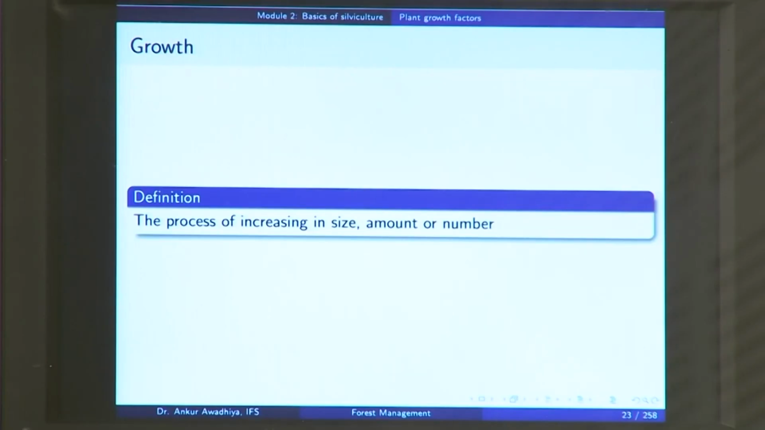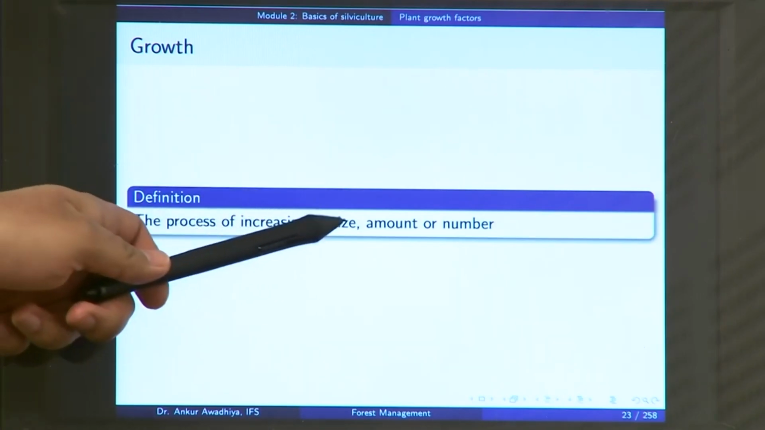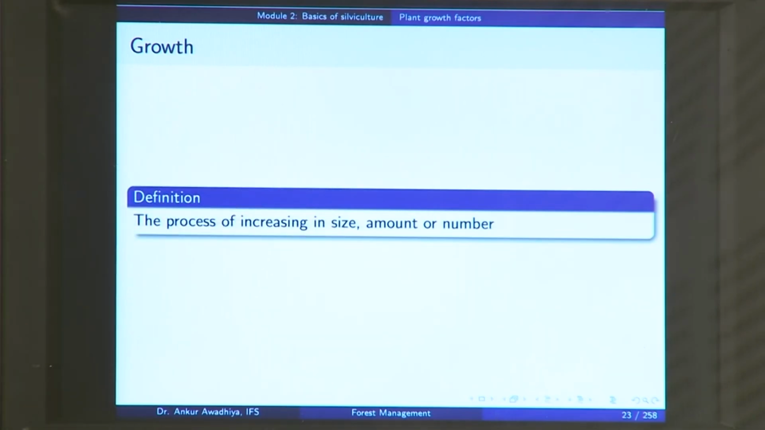So, you would want to have plants that are putting up a very good height and are also increasing in girth, or in other words the plants that are showing a very good amount of growth. So, what is growth? Growth is defined as the process of increasing in size, amount or number. So, essentially when we are doing silviculture, we want to have our plants that increase in size, they become taller, they become more stouter, they increase in amount or number, which means that we want to have a good density